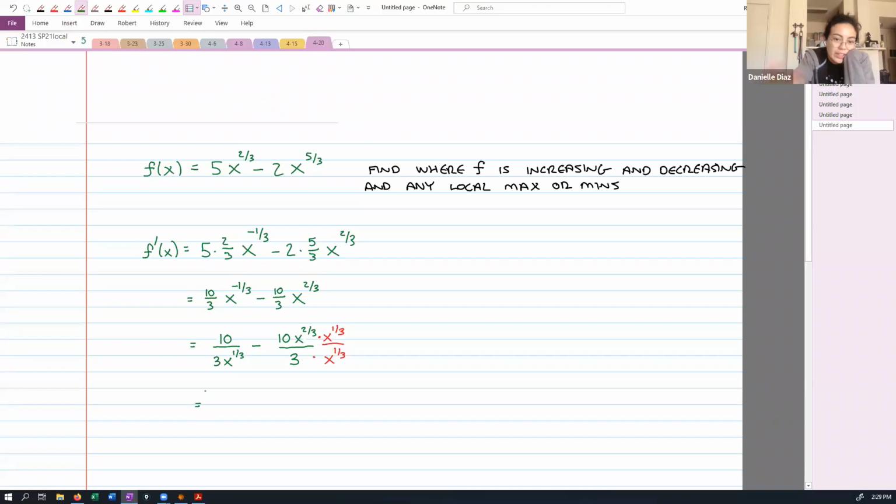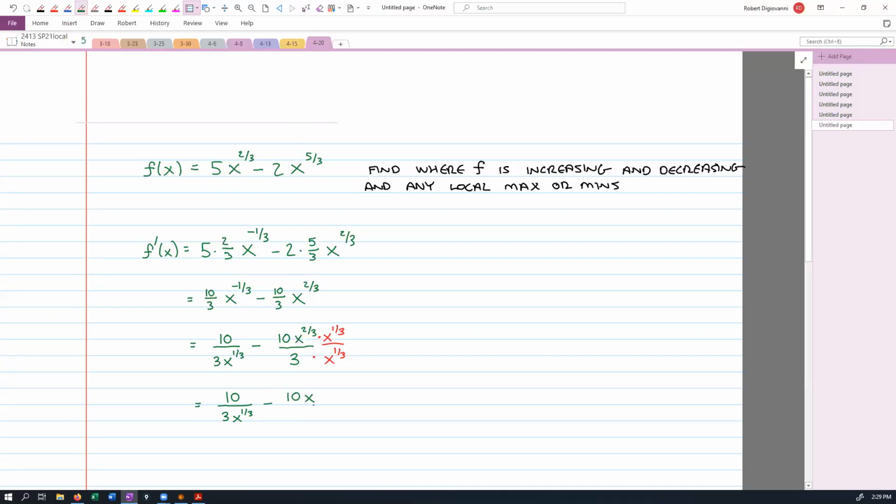Just a random question. I got the same answer you did, but could we have gotten rid of the fraction by introducing like a 3 into it? I'm not sure what you mean by introducing a 3. I think she means multiplying the entire thing by 3 to cancel out the 3 on the bottom. Yeah, cancel out the 3s.